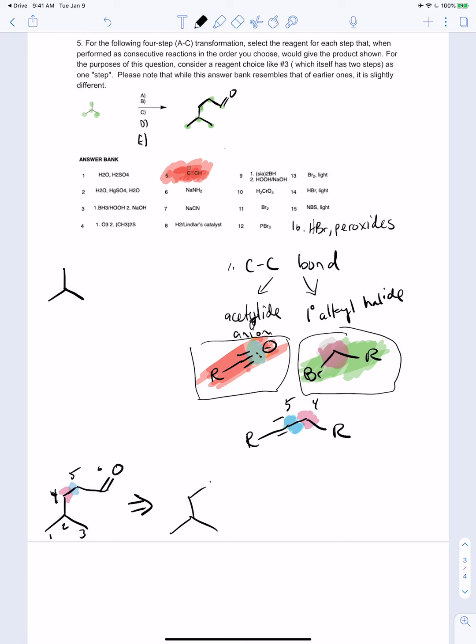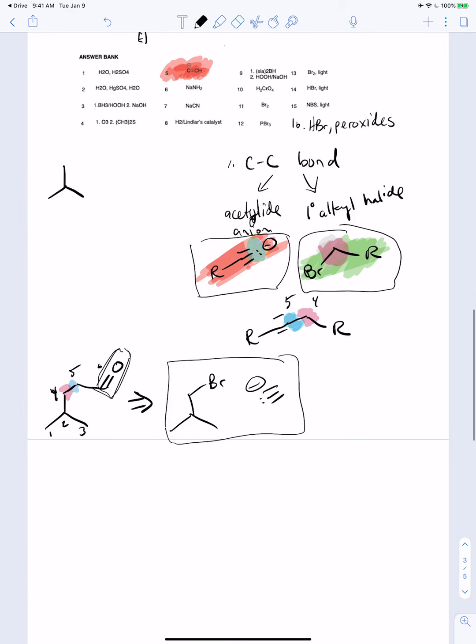Okay, all right, but what we're pushing towards is this. And then what is this thing going to end up looking like? Is it a bad idea to do some sort of retrosynthesis? Eventually we're going to have to figure out a way to incorporate this into the final molecule. But we know that at some point, if we formed a carbon-carbon bond, it's going to look like that. And if we actually go through the full retrosynthesis here, if we have an aldehyde on the edge of the molecule,